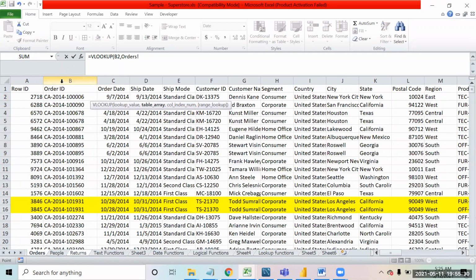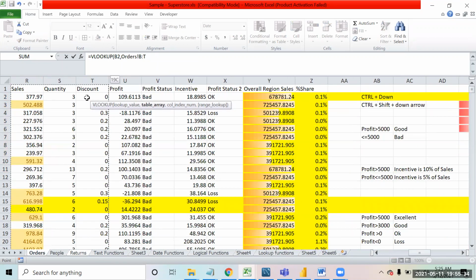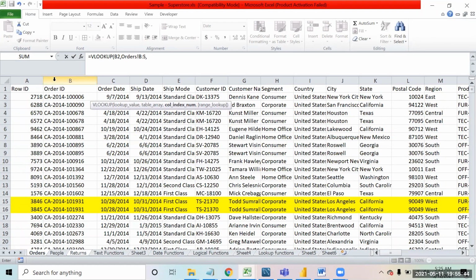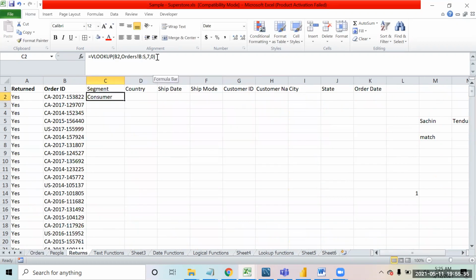Table array is this complete table starting from here to here. You can select as much table as you want, comma. Then you have to give the column index number. Now the column index number is 7, right? Because if you count from order ID, 1, 2, 3, 4, 5, 6, 7, segment is coming at number 7. So if I write 7, comma 0, my formula will give me the result, like for this particular order ID, that is 3822.